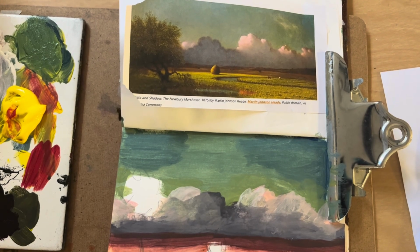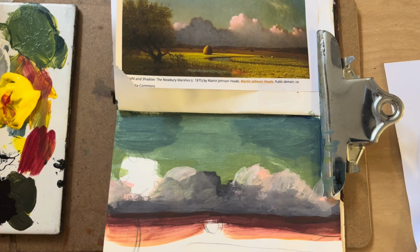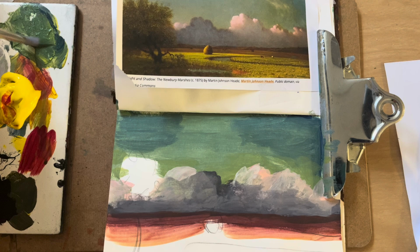Right, so this is part 2 of your landscape. As you can see, I have started to build up a few more of the areas down in the foreground. I have my clouds and I'm working on these distant fields. I'm going to continue to work a little bit on some of the green going across, so we can see